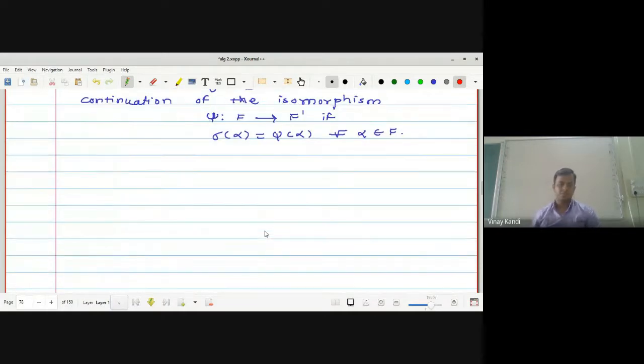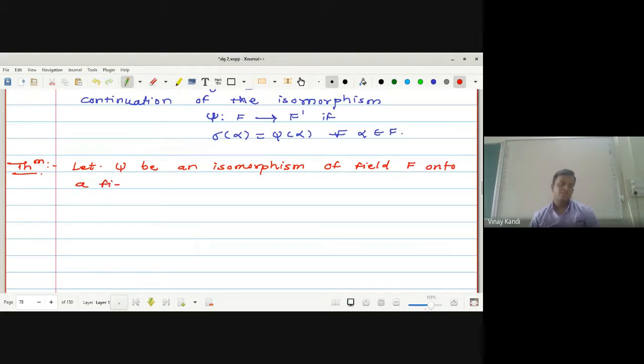Now the next theorem: let psi be an isomorphism of a field capital F onto a field F dash, such that psi of alpha is equal to alpha dash for all alpha belonging to capital F. Then there is an isomorphism